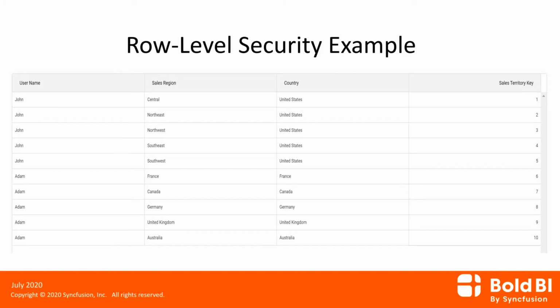So that it will be easy for him to look into the key performance indicators there and look into what needs to be improved or what's actually going on. And instead of just going to drill down and see for a particular region, when he logs in, if the data is already there, it's going to be straightforward for him. And likewise, when Adam logs in, if the data is only filtered for the rest of the world other than United States, it will be straightforward for that particular user.